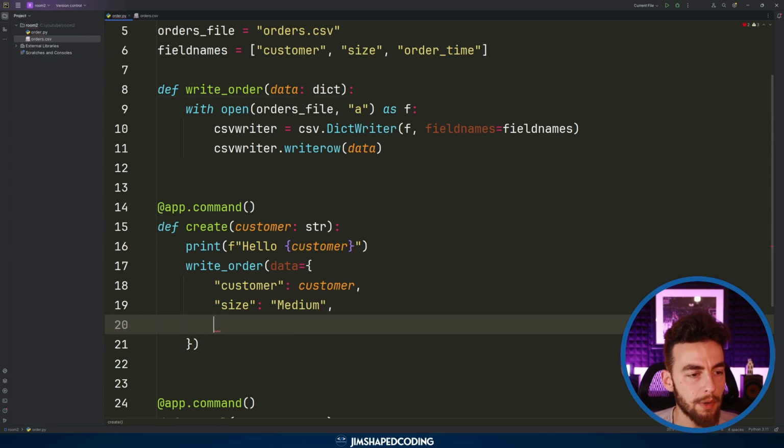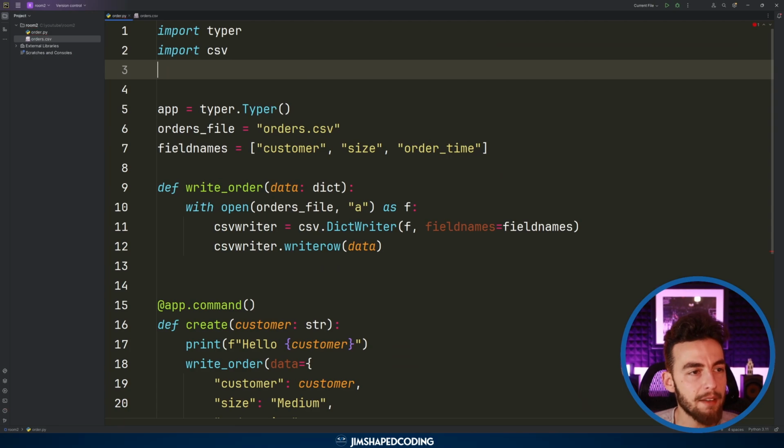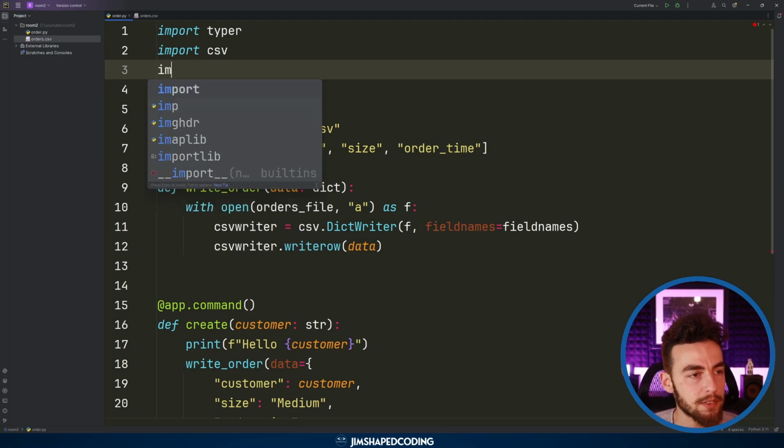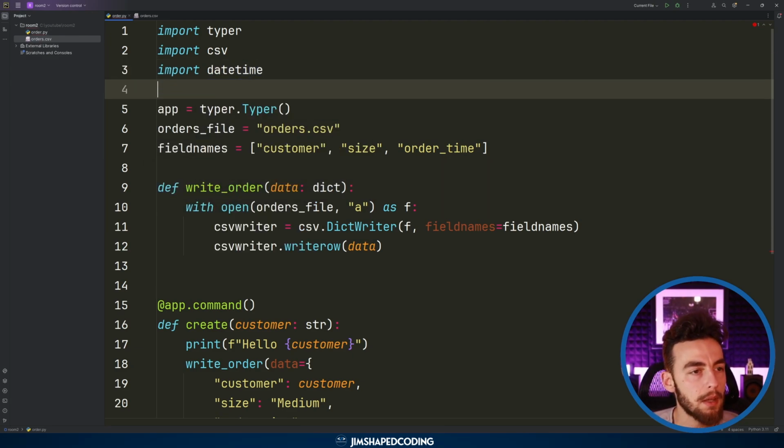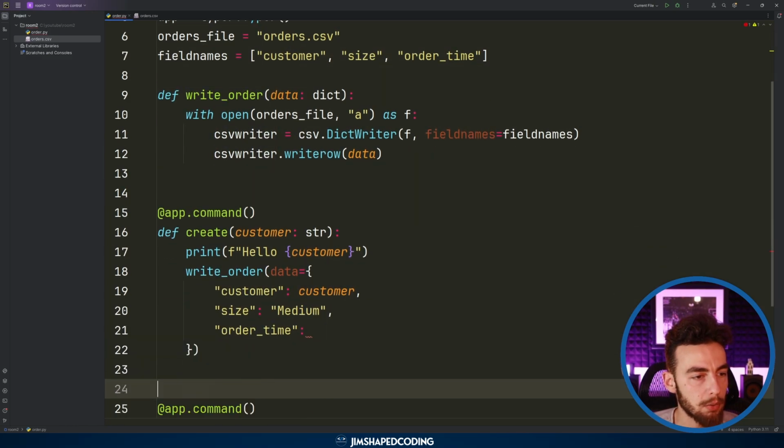So it's also a great idea to make it a bit more realistic, capturing the current time and just passing it as a datetime string. And datetime is actually the library that we use in Python to have date objects, datetime objects. So we are going to import this library, and I do have a tutorial that I released recently about datetime. If you want to watch it, make sure to go to the link in the description. So I will just say here import datetime,